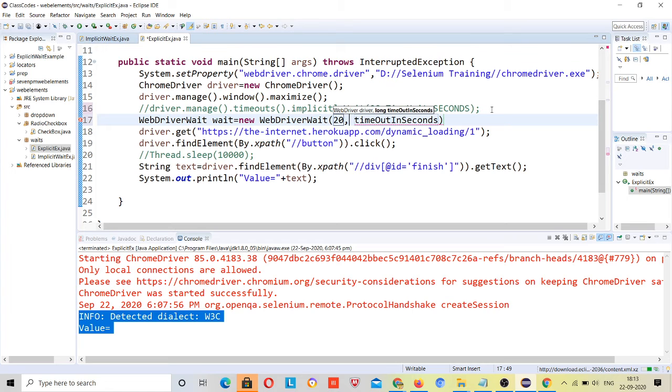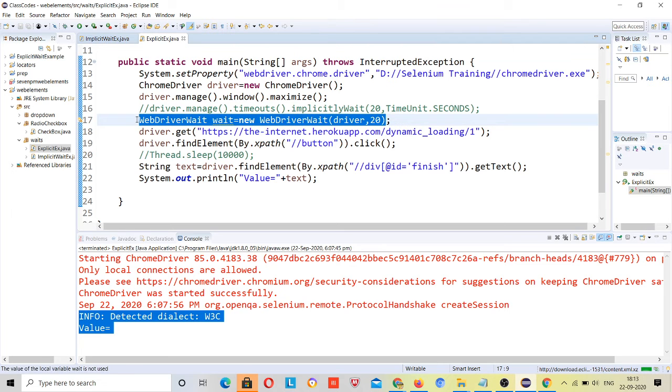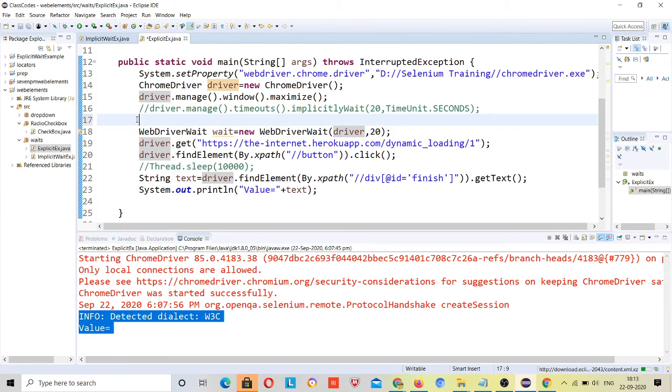Suppose I give 20 seconds for a driver, and here we need to give the timeout in seconds. It already suggested that. Suppose I give 20 seconds, right? Now you have declared this WebDriverWait. We also call it hard wait, right?